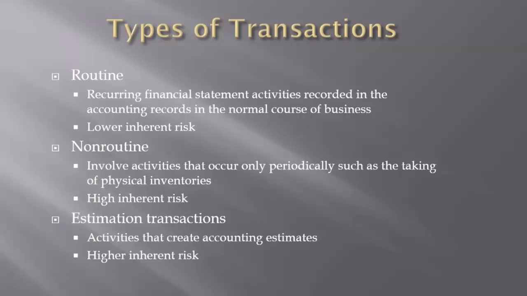And anytime there is an estimation, there's going to be a high inherent risk. Estimations are some of the things that we do, as an example, related to transactions or related to our estimates for, as an example, the allowance for doubtful accounts. Well, the allowance for doubtful accounts is one of these items that in fact may be inherently risky, depending upon the organization and depending upon the ethical values and other non-monetary elements related to the organization.